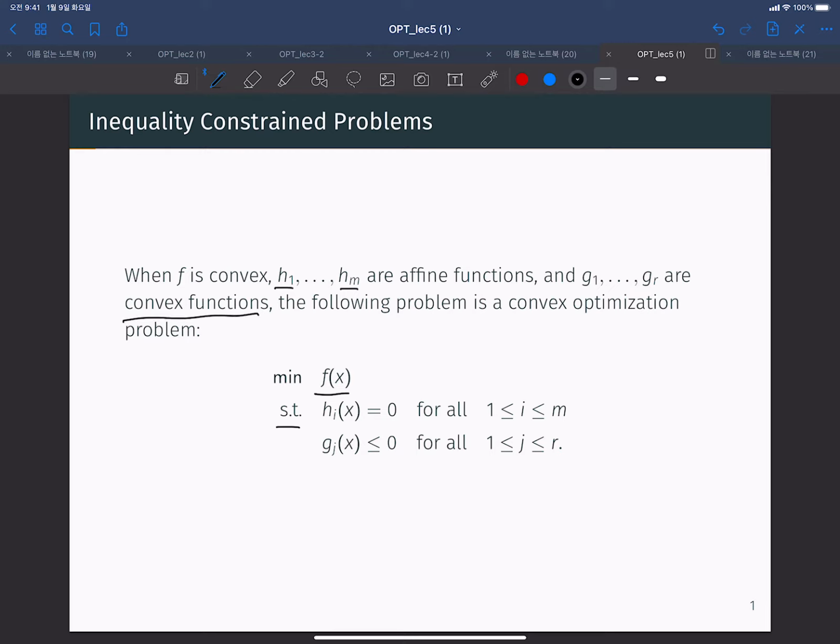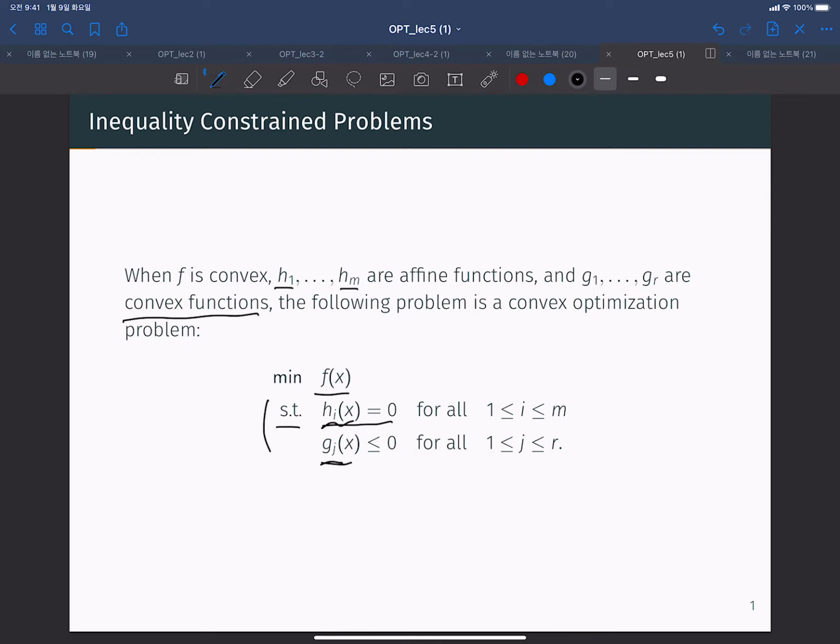For the constraint with hi, where i is 1 through m, we have to satisfy hi(x) equal to 0, and we have to satisfy gj(x) less than or equal to 0 for all j from 1 through r. Because we assume that hi(x) is an affine function and gj(x) is a convex function,